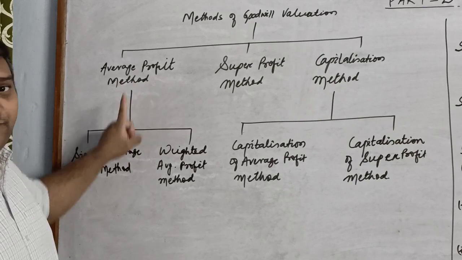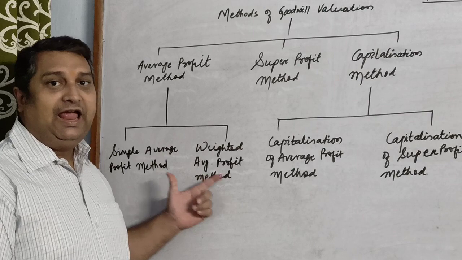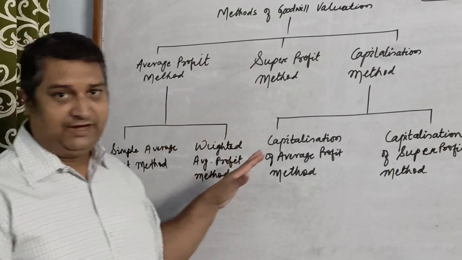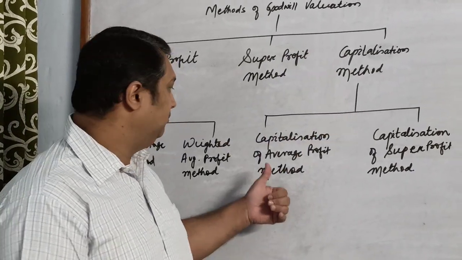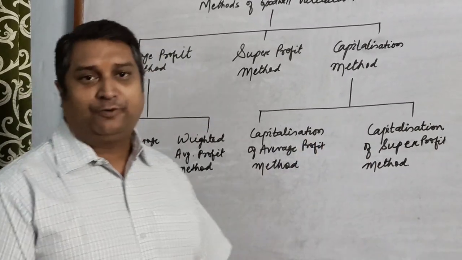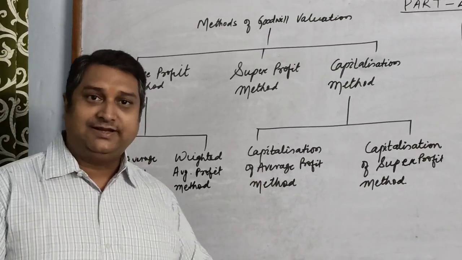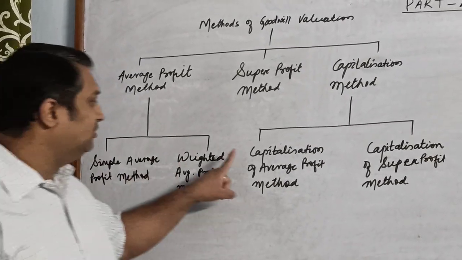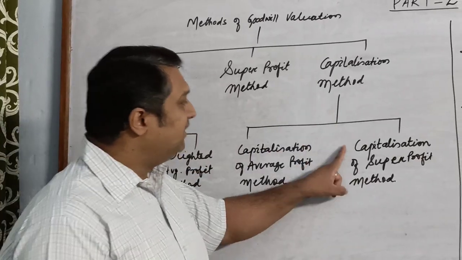Average profit method is further subdivided into two parts, that is simple average profit and the weighted average profit. Super profit method does not have any classification. Capitalization method is further subdivided into two, capitalization of average profit method and capitalization of super profit method. That means altogether we have 5 methods to discuss in this particular chapter. That is 1 simple average, 2nd weighted average, 3rd super profit, 4th capitalization of average profit, 5th is the capitalization